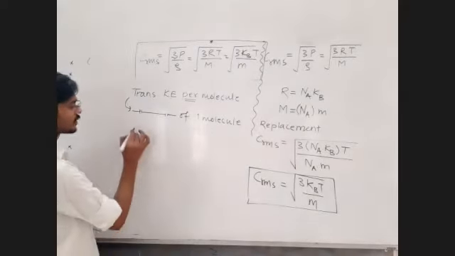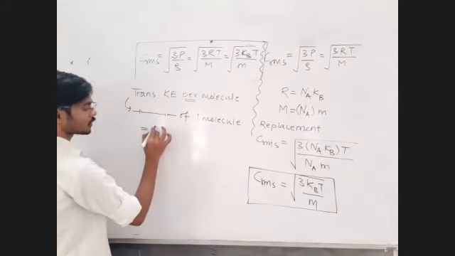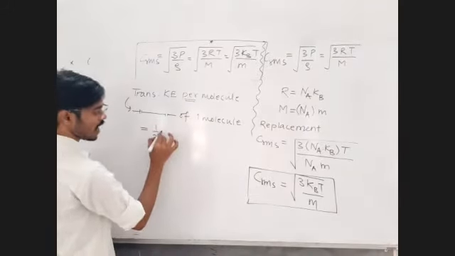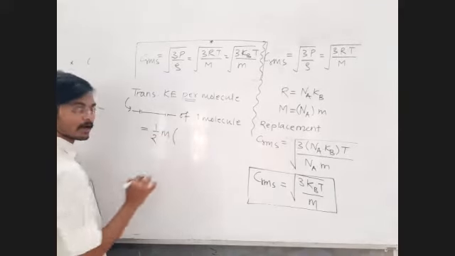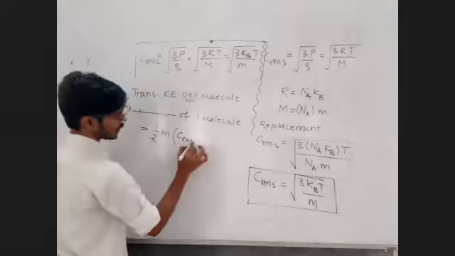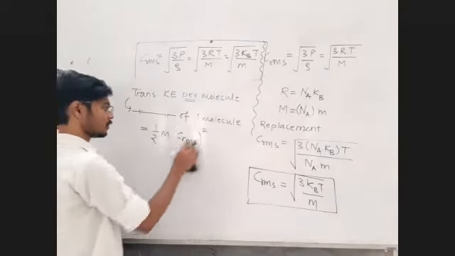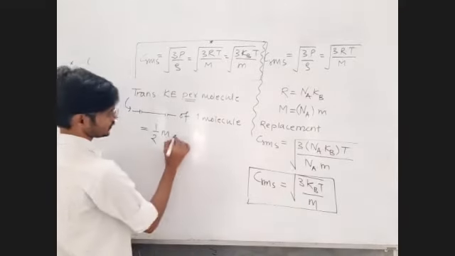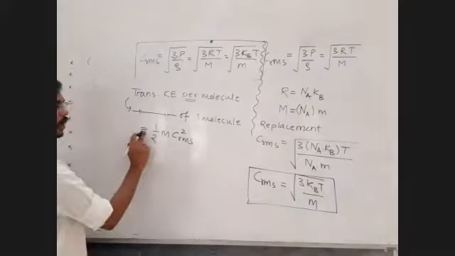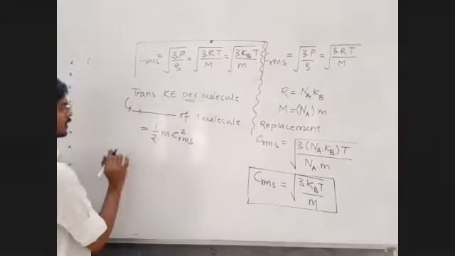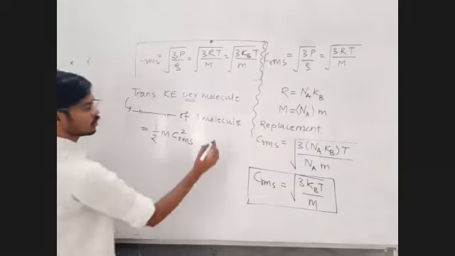Okay, let us try to find out kinetic energy of one molecule. It is very simple thing. Let me write it is equal to 1/2 mass of a single molecule multiplied by CRMS square. That's it. 1/2 small m CRMS square is going to be the translational kinetic energy per molecule. Its unit will be joule.